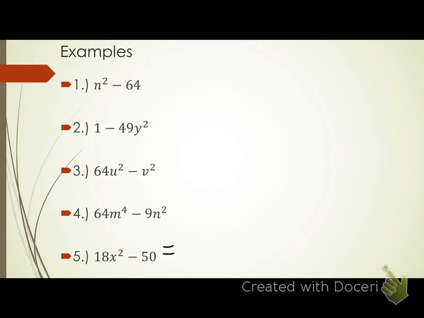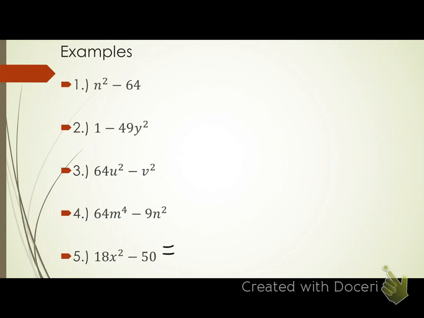Okay. 18x squared minus 50. Can I take the square root of each of my terms? No, I can't take the square root of 18 or 50, can I? Does anyone see anything I could do before I do anything else? You can factorize it. You can take out a number. Factor out a